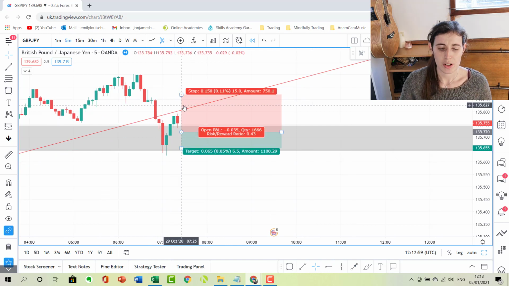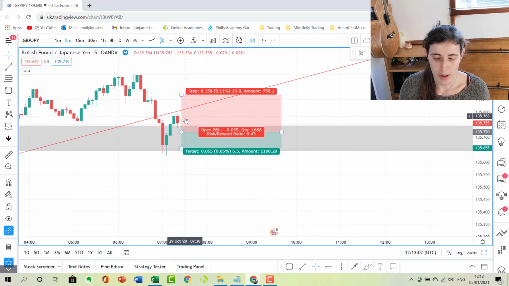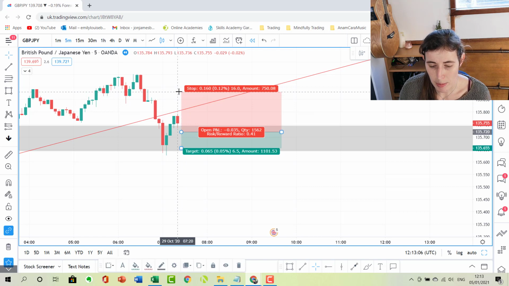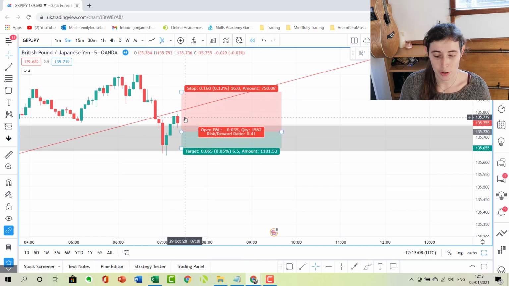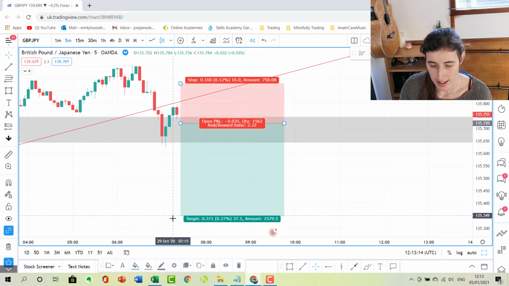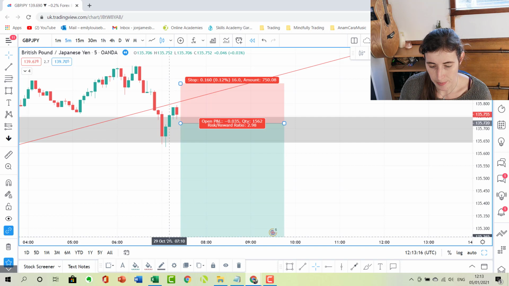And I'm probably going to use a 15 pip stop so that it is above the high of this little consolidation area here. And something I want to do with this pair, I'm going to mark on my spreadsheet as well, is whenever I set a stop or a target, I'm going to add 1 pip just to account for the spread in my broker, because I know the spread is a little bit wider with pound yen, just to help give that some room. And let's set a 3R target,